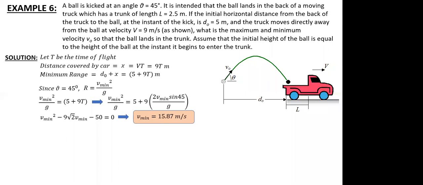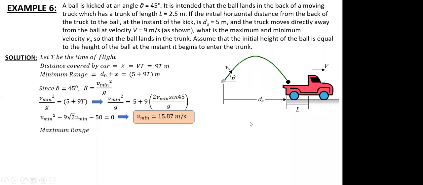And whenever the angle is 45 degree, I know the horizontal displacement or the range which will be covered at angle 45 is given as u square by g. So d naught plus x was the same as u square by g. Yes, OM, is it clear? So we got the first value.